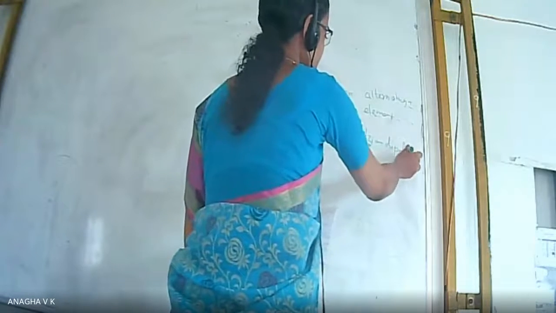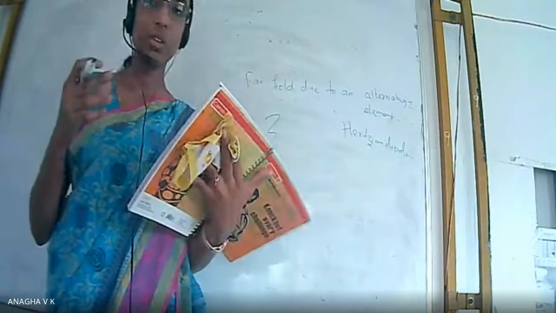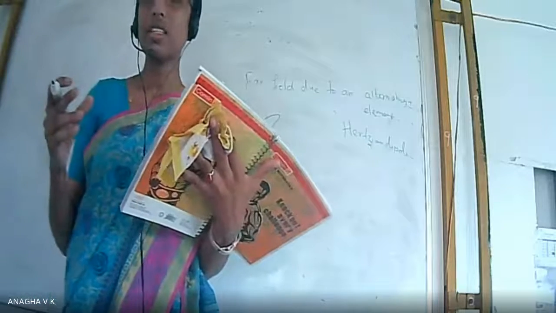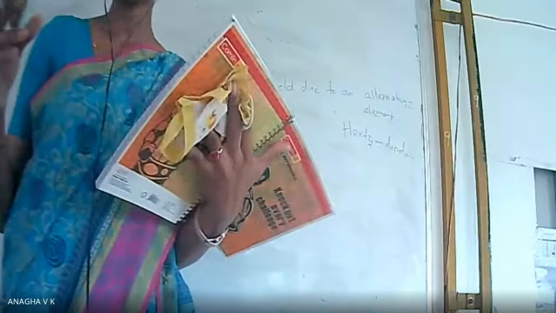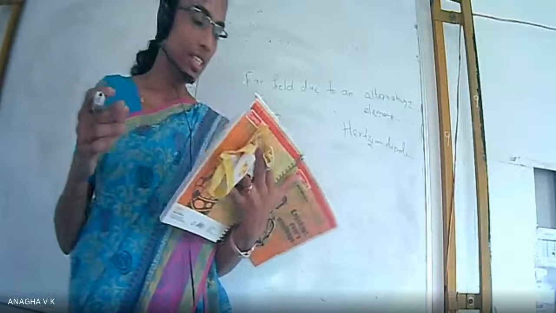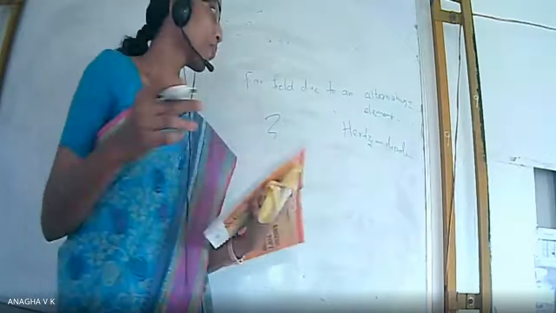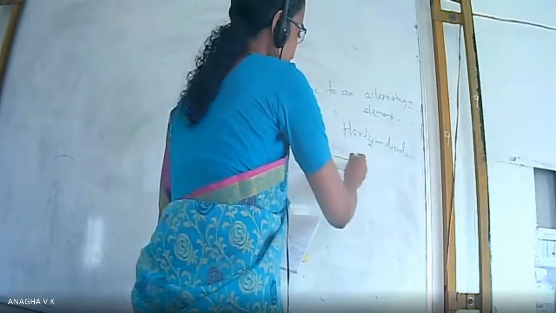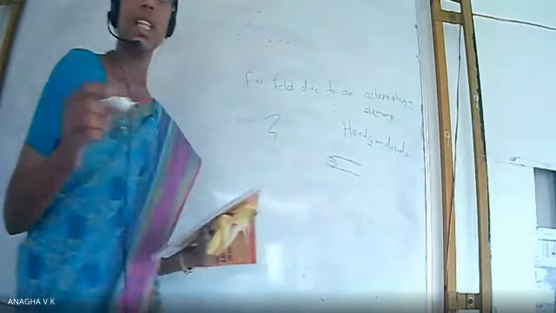Hertzian dipole is an antenna whose separation between the conductors of the antenna is half of the wavelength. I said earlier that the antenna is basically two conductors